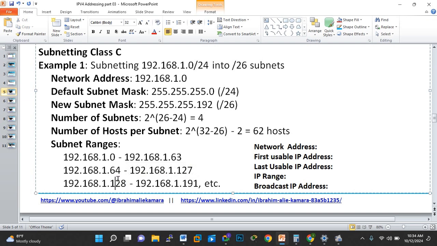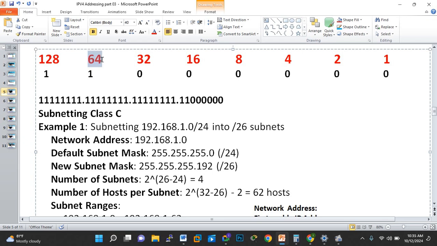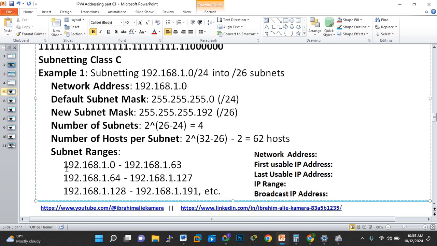You see, now if we increment this, you can continue to add this 64 up to 4 networks. You can get 4 networks. But because I don't want to waste a lot of time, I just stop it at this 3 networks. So now see, this is our parent network. This is the parent network given to us. Now we use our block size. This is our block size after converting our subnet mask. Now we increment